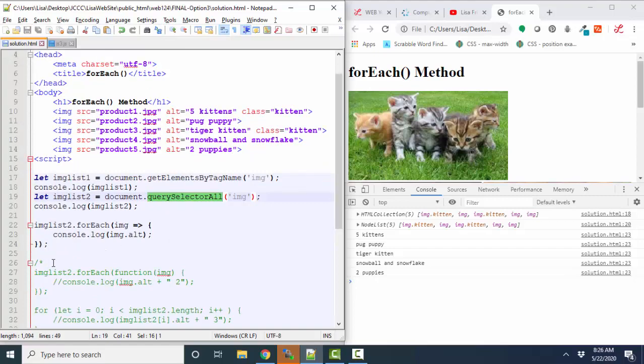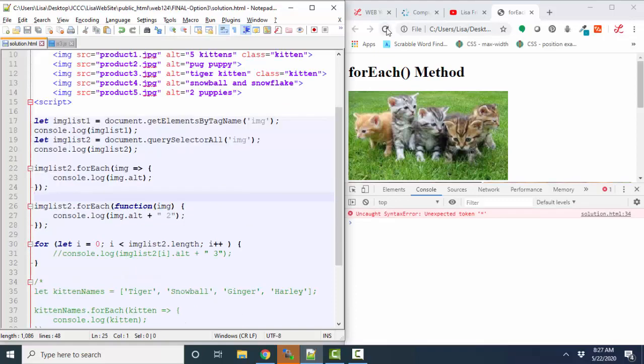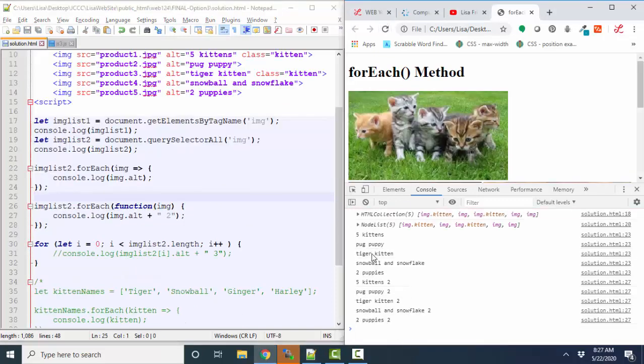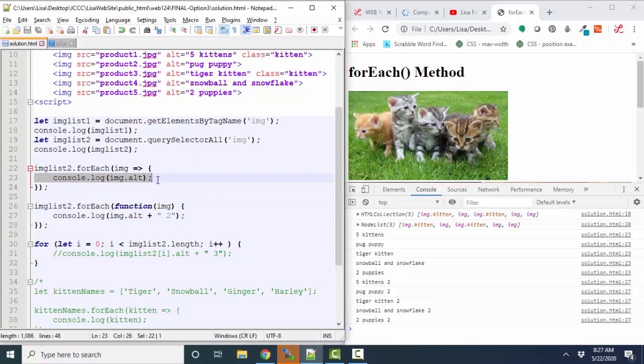If I were to rewrite this without using the arrow syntax, it would look like this. Here's my function keyword instead of the arrow syntax. I'll save that and refresh that. And here on line 23, I'm console logging out the alternate text for those 5 images using the arrow function. Here on line 27, I am console logging out the alternate text plus the number 2 using the old function